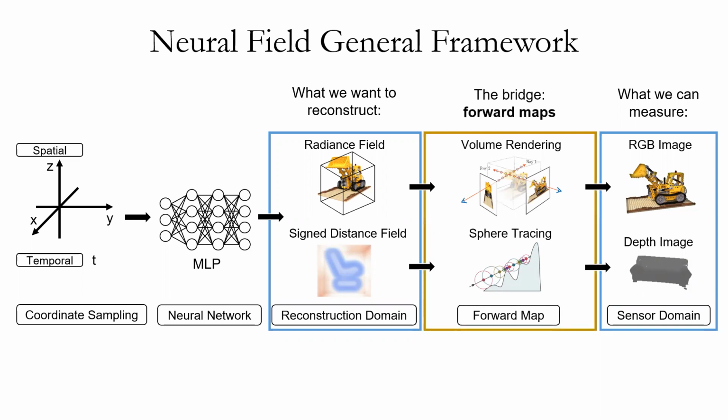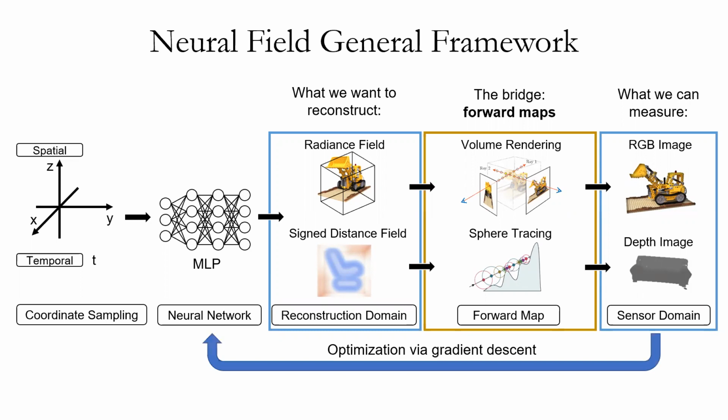And these can be anything, any kind of process that takes you from the reconstruction domain to the sensor domain, but for us, it's typically some kind of differentiable renderer, right? So in the case of radiance fields, it's volume rendering, and in the case of signed distance functions, it's a sphere tracing algorithm. And because these are differentiable in their implementations through these amazing autodiff platforms, we can backprop a gradient through to the weights of the MLP